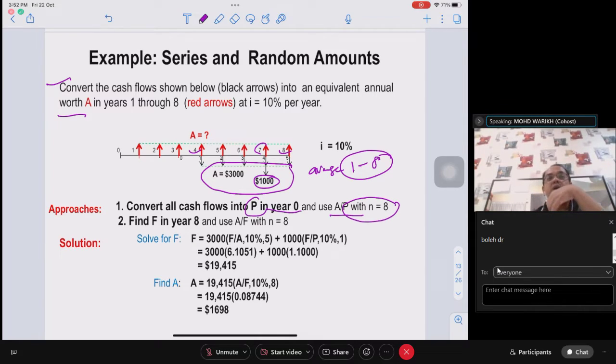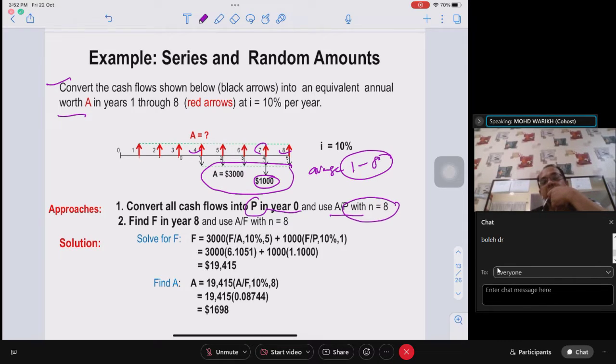Tak Melayu dulu. Kalau kita tengok soalan ni, daripada year 1 until year 5 dia ada RM3,000 per year kan? And then suddenly ada kat year 7 tu RM1,000. The question is ask how many ringgit Malaysia you have to pay from year 1 until year 8 in average